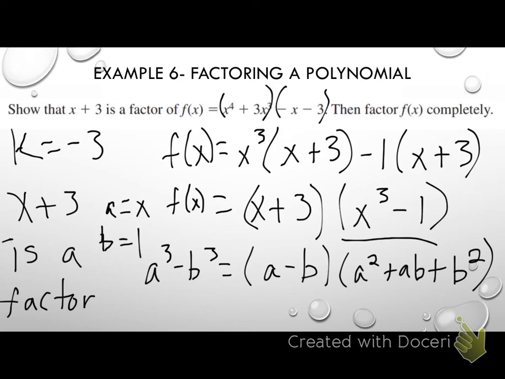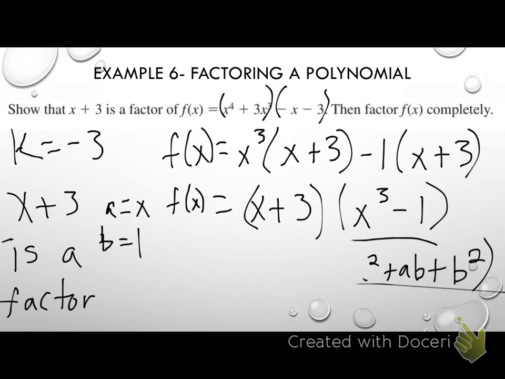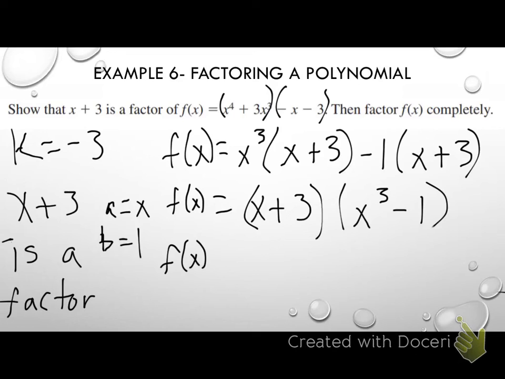I'm just going to plug into this formula, but I need to erase it to give myself some more room. I still have that x plus 3 I need to account for. Now plugging in my a and b values to my formula, I get x minus 1